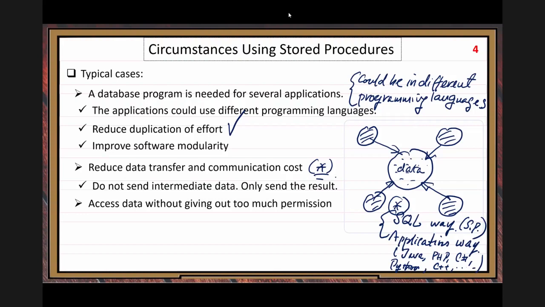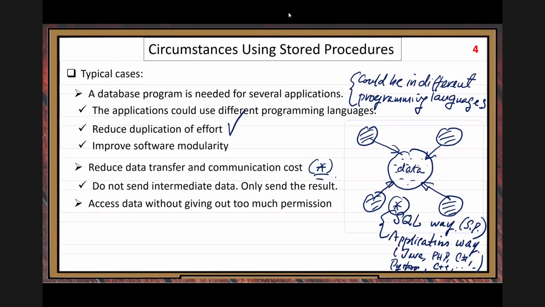They write stored procedures in an aggregate way. Then other people do not need to have the access permission. You just call the stored procedure, you can get a final result. So that's another, although relatively small, advantage. Two big advantages and several small advantages.